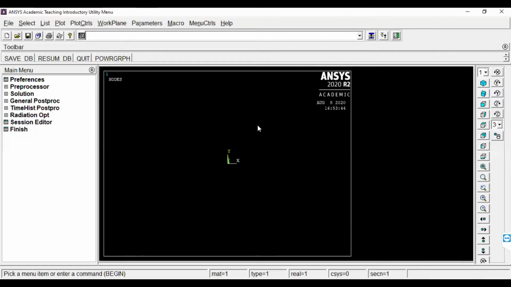Before going to the ANSYS basics and types of interfaces, I would like to tell you a few more things. How elements are formed, what type of elements are available. Depending upon the element type, we can select depending upon the problem. We must select the element.